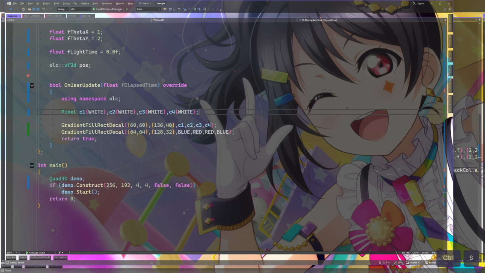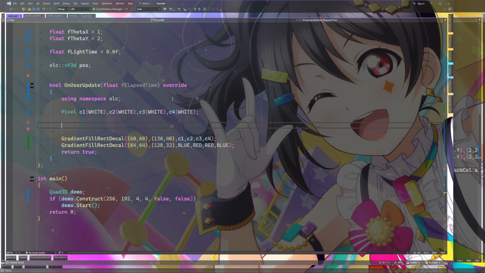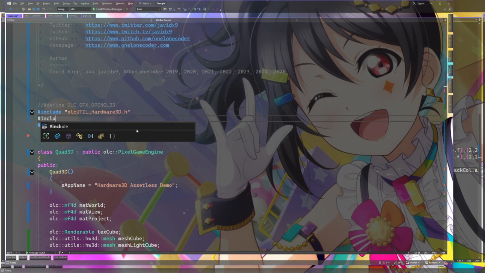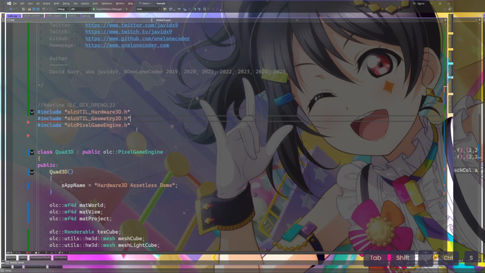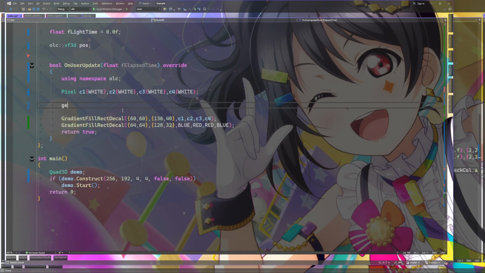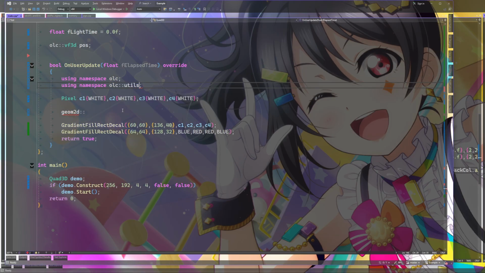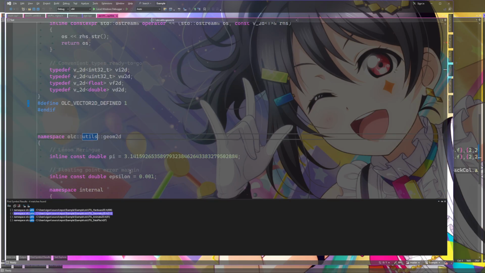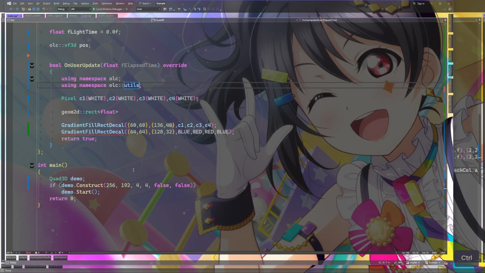So the concept is figure out what the perimeter is. Util should provide that for us. Include util, geometry 2D, using namespace olc utils. Excuse me. Does that not work? Oh, utils geometry. No, yeah, that works. Just wasn't updated yet.